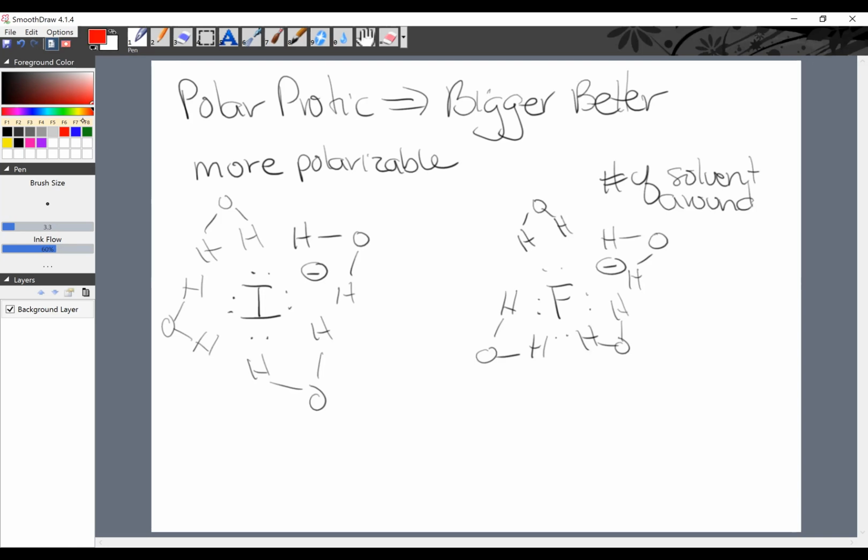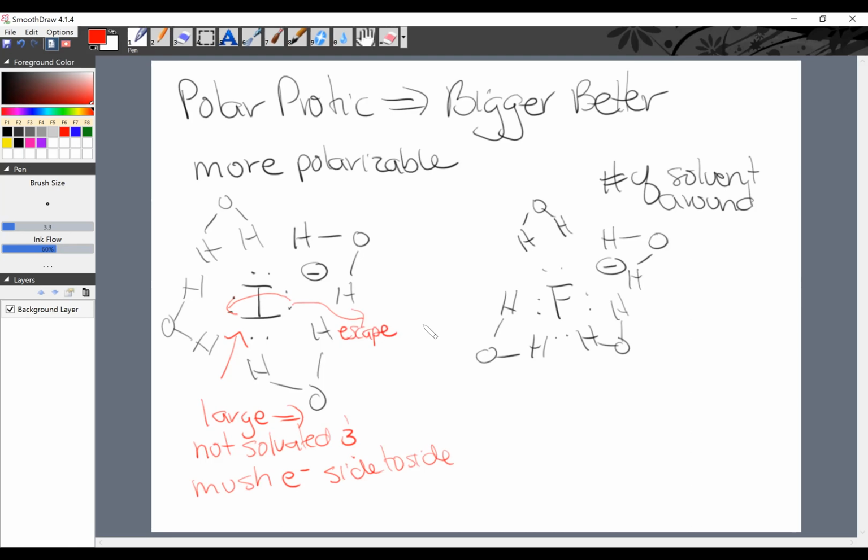So basically, when I'm saying in polar protic, bigger is better, this iodine is very large, so it is not as solvated, and it can mush the electrons from side to side. And I know that sounds really silly. But picture this. All the electrons go over to that side. Remember, it's really large. So let's say all the electrons go over to this side for just a moment. That makes it so this can escape